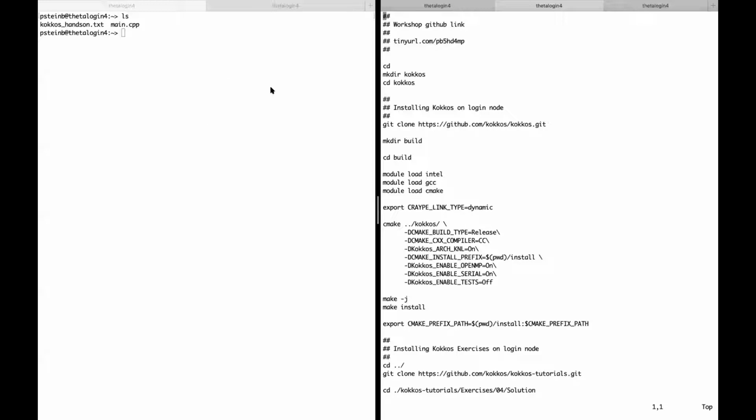So we will do now some exercises to set up Kokkos for Theta, compile the Kokkos library, and then we will look at the exercises and compile them, the first small exercises, and then also run them on a compute node. So the first thing that you should probably do now if you want to follow this live is,